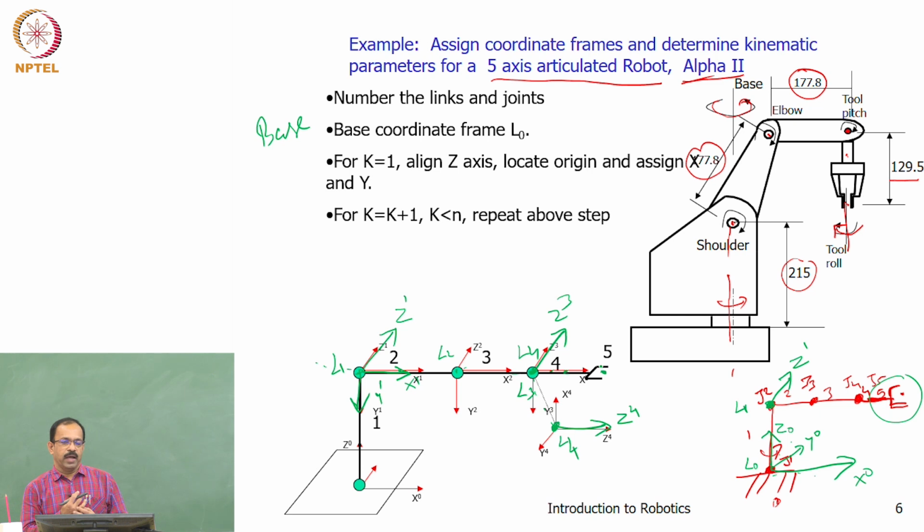and the coordinate frames are assigned based on the normal, sliding and approach vector. So normal is x, sliding is y and approach is the z axis. So the approach vector is basically along the tool rotational axis. So this is the tool. This axis is known as the roll axis. So you will be carrying this as the approach vector. So this will be z5, and then y is basically this sliding, and then this will be the normal vector. So normal, sliding and approach. So this will be x, this will be y.